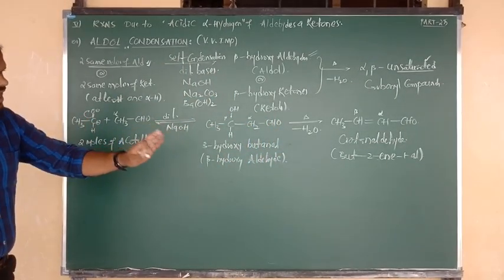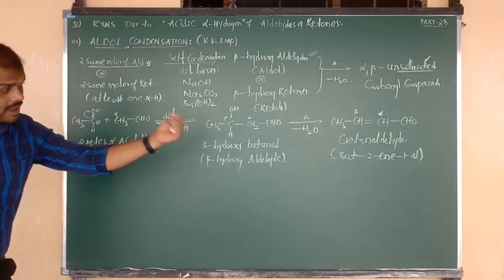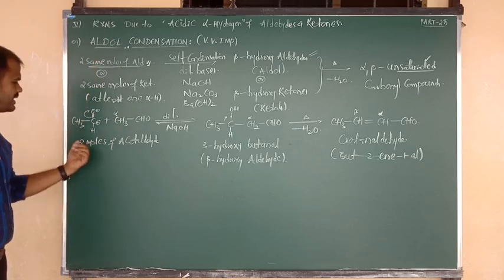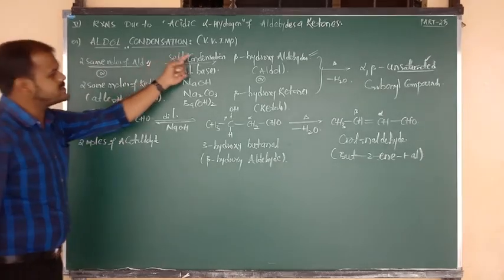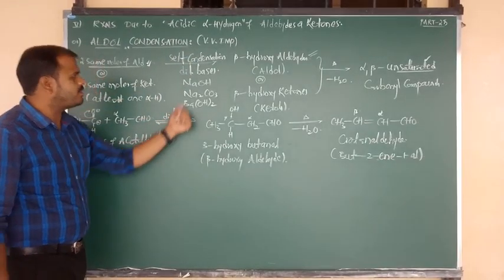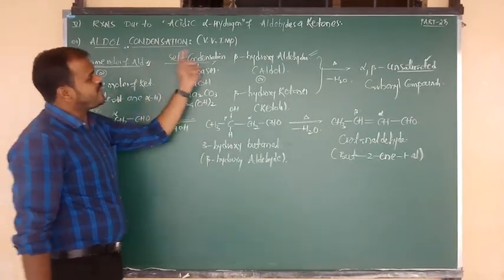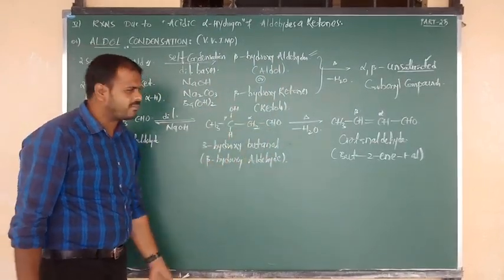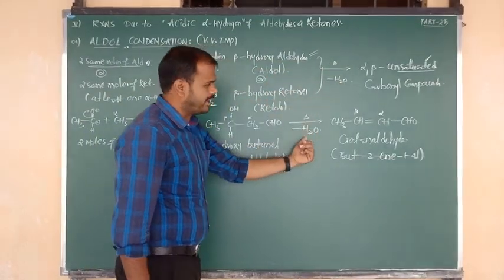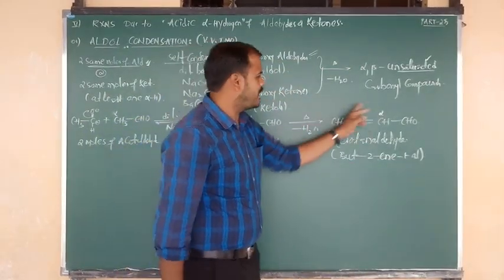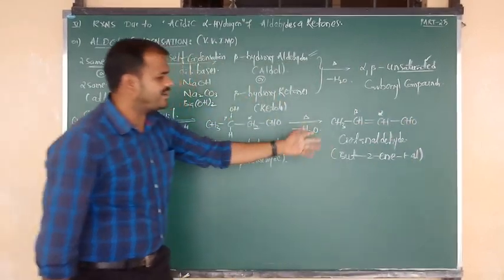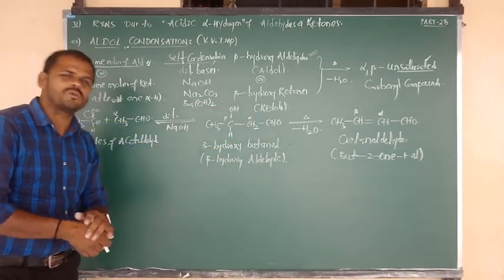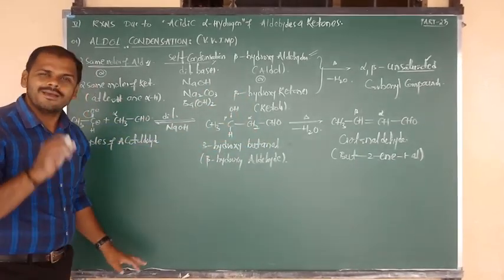By taking aldehyde, I have given the example perfectly, including IUPAC and common names. So once again, two same moles of aldehyde, here I have taken acetaldehyde, undergo self-condensation in the presence of dilute base, that is NaOH. So it forms beta hydroxyaldehyde. Followed by that, it undergoes dehydration upon heating and forms an alpha, beta unsaturated aldehyde, or carbonyl compound. The exact name is crotonaldehyde, and its IUPAC name is 2-butenal. I hope you understand.